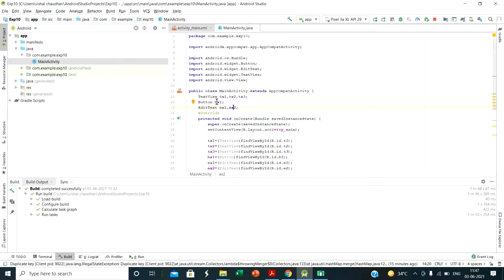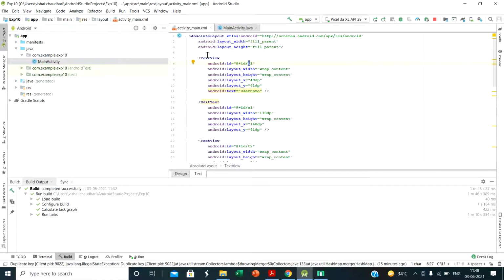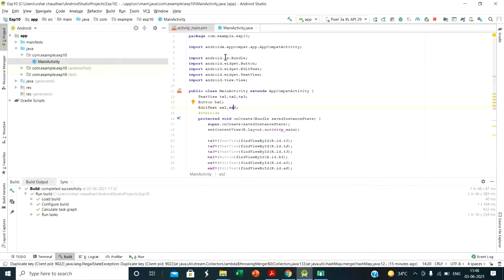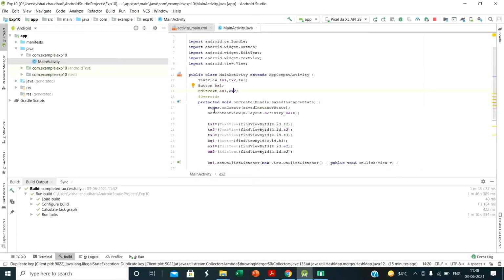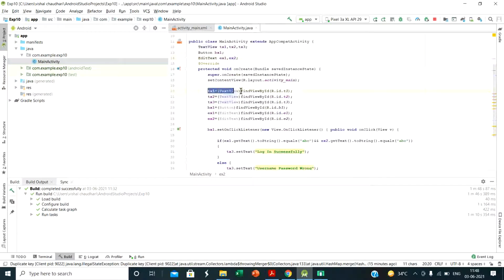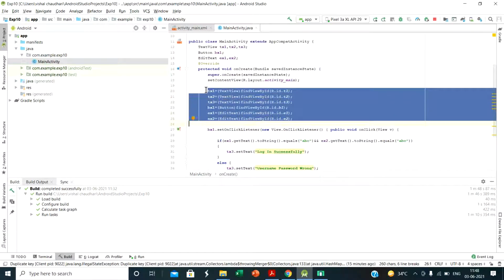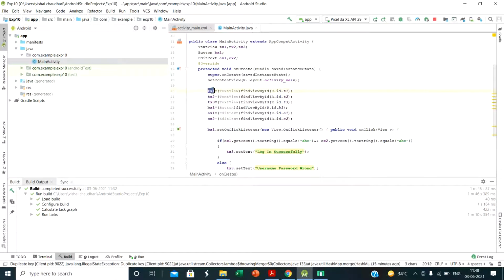For the button, bx1, and for the edit texts, ex1 and ex2. So we take different names in activity_main.xml and MainActivity.java. Then this code is to register your object with the component. For that, tx1 is a text view, findViewById(R.id.t1).